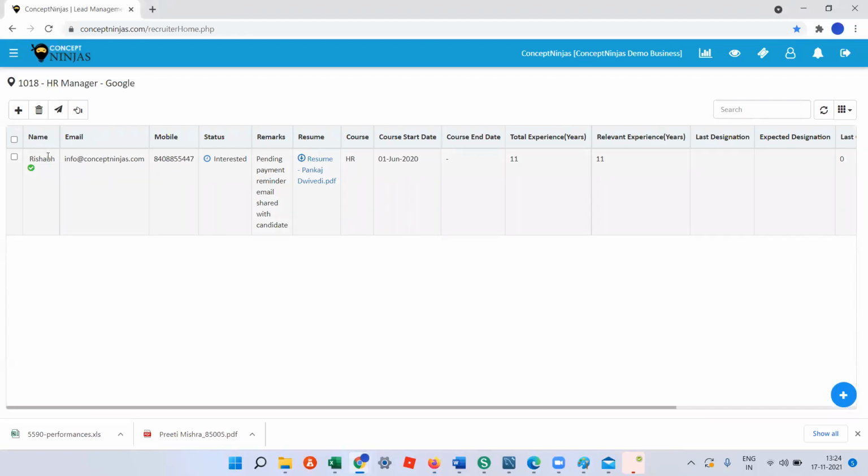So Rishabh with the email ID, mobile number, status interested, pending payment reminder email shared with the candidate. If a candidate has any payment pending for any course they are pursuing in your institute, the reminder will be shared. Okay, you can also download the resume.